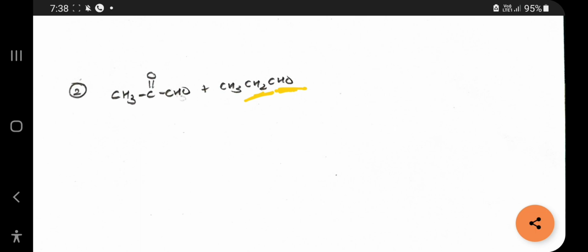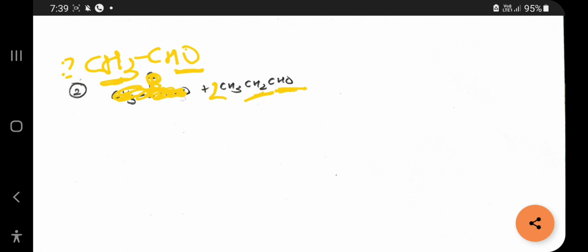This is not a CH3 C double bond. This is the wrong compound. This is CH3 CHO. So in this thing, here also a carbonyl compound is here, alpha hydrogen is here. Both are different compounds. So there we are providing excess. So there will be minimum 2 molecules of this one and 2 molecules of this one.